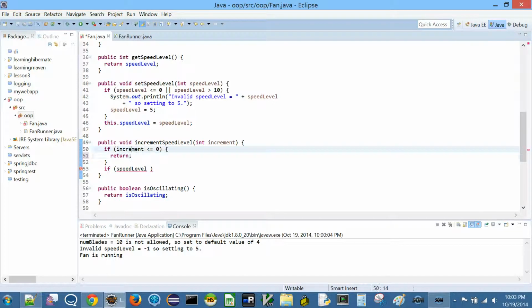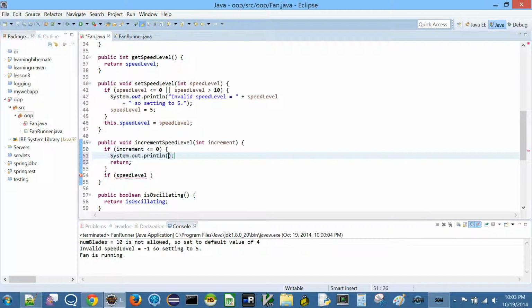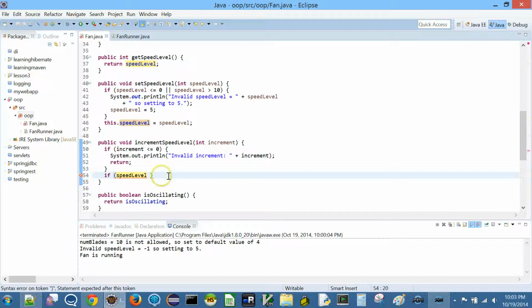Then I can print here: invalid increment, and then the increment value. So this is an invalid increment value, and then I simply return. But the other problem is, if speed level is already so high that it cannot take this increment, then we should ensure that we don't exceed our maximum value of 10.